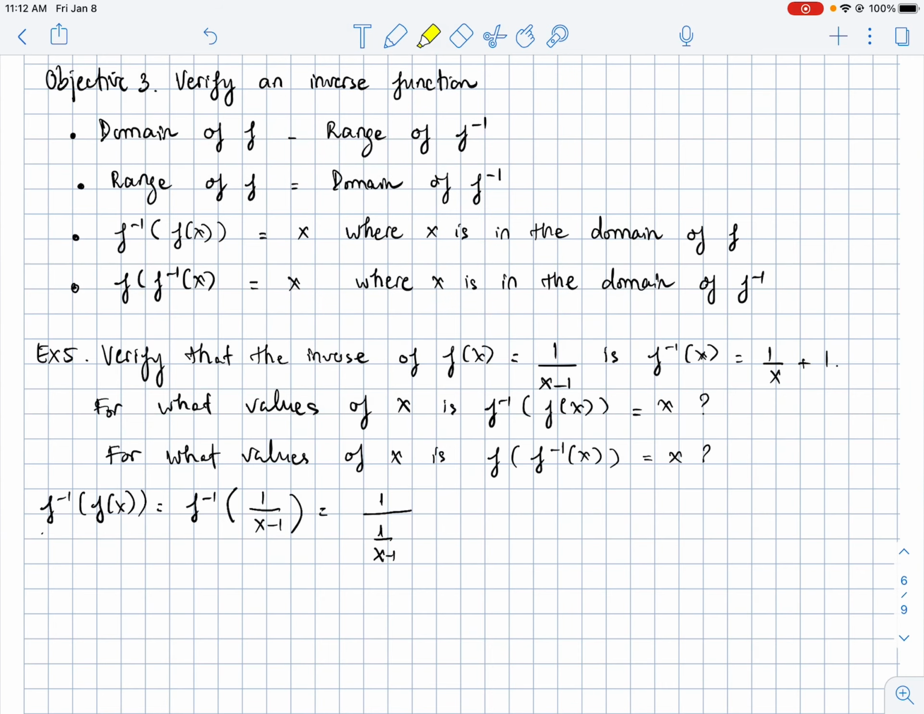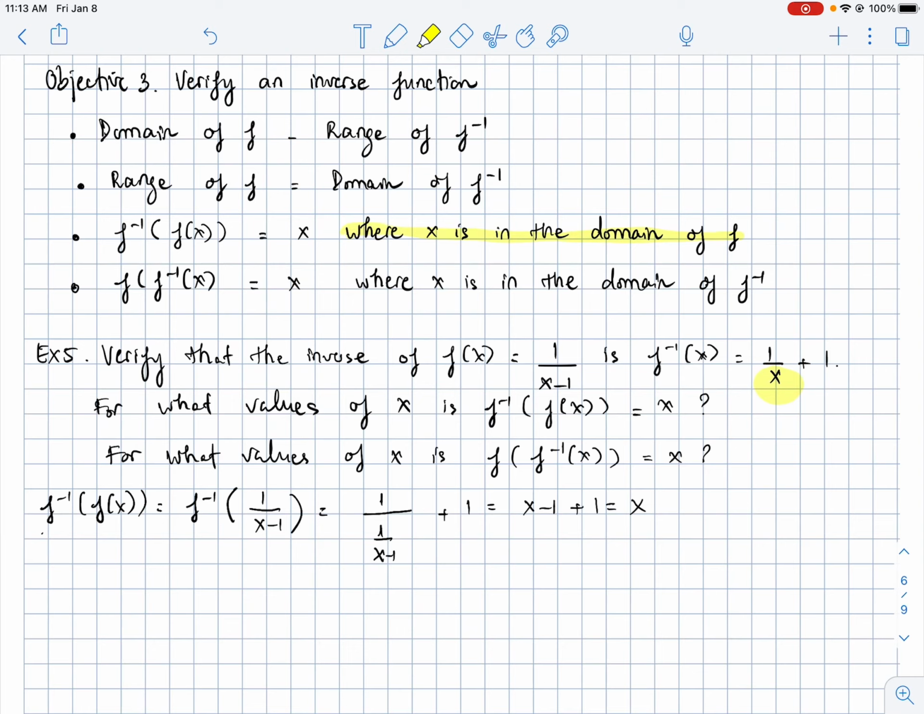So we will look in here and we plug, at the x value, we plug in 1 over x minus 1. So we multiply by the reciprocal for the first one, so we get x minus 1 plus 1, and the answer is x. In objective number 3, we learned that for the function f, the requirement is